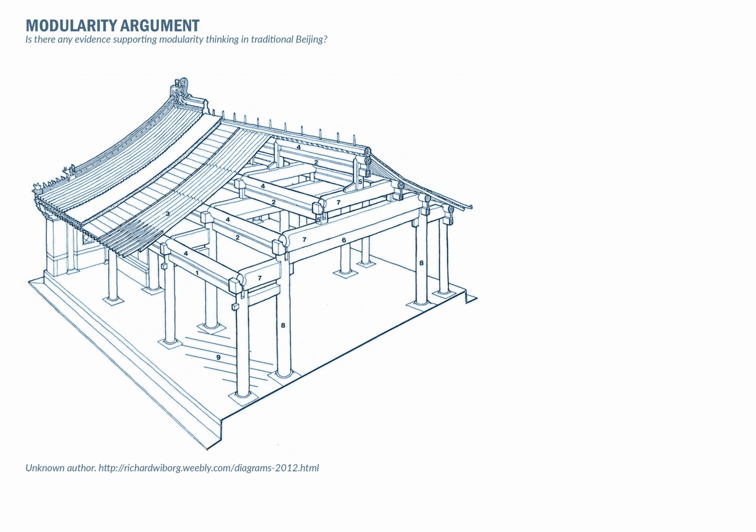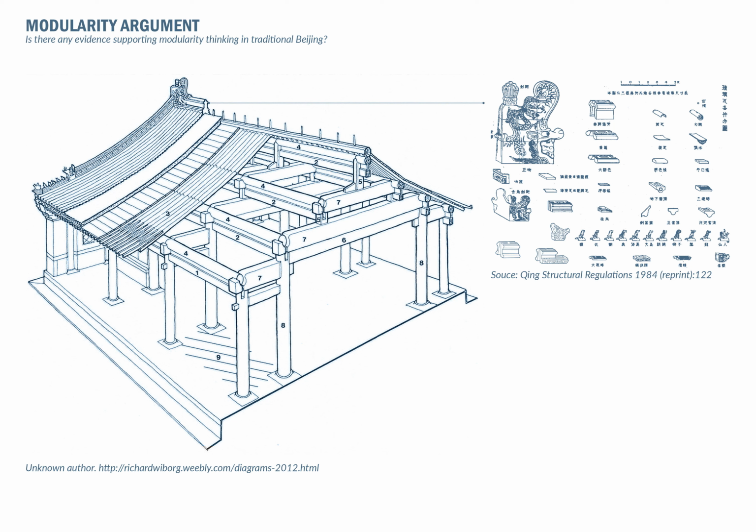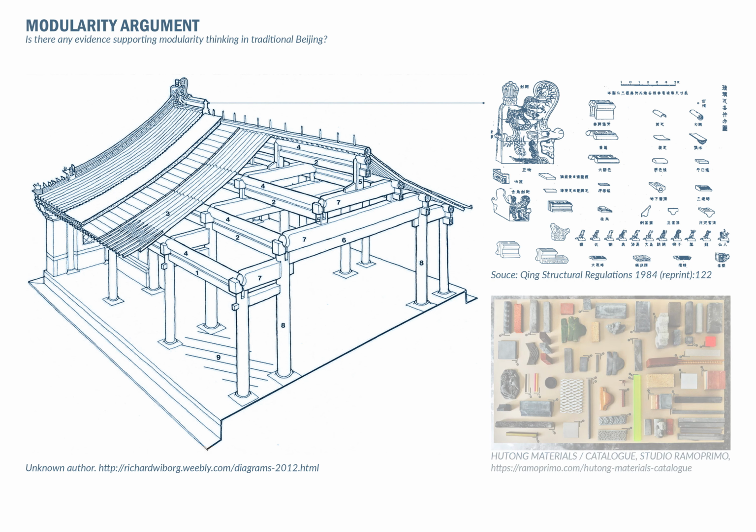I found that the structure of a traditional Chinese building can also be described as a modular system. All of the components of the building have their standards and modules. It is not something new, but something our ancestors have practiced for centuries.